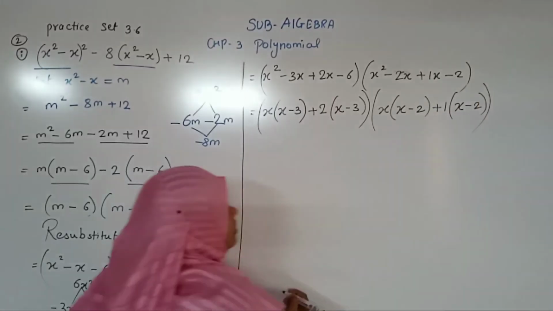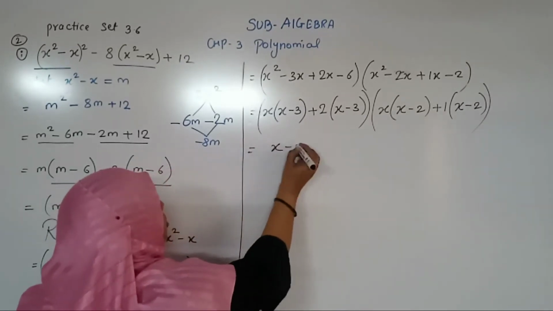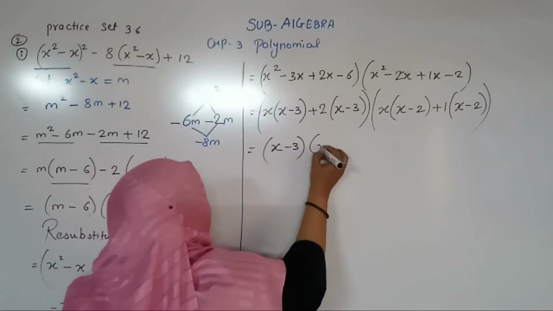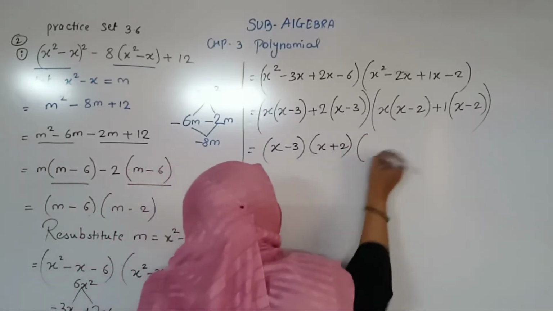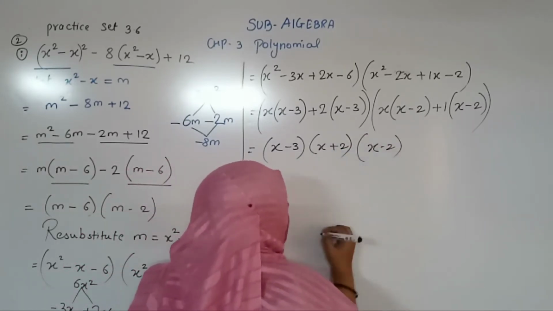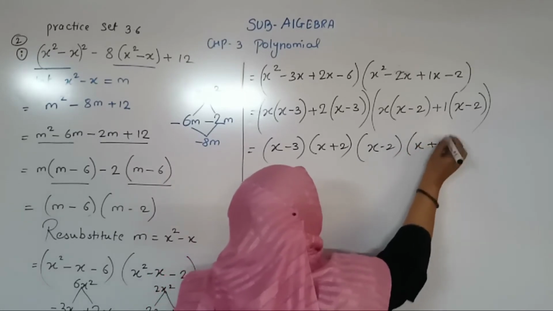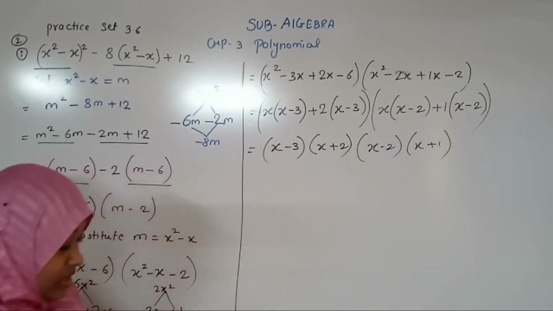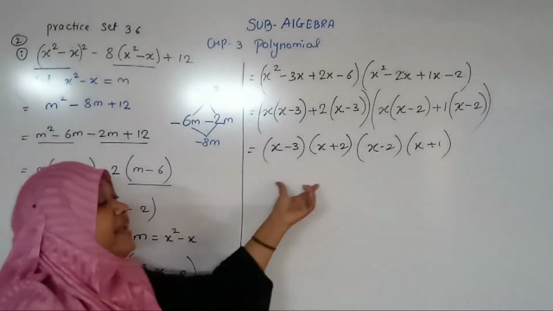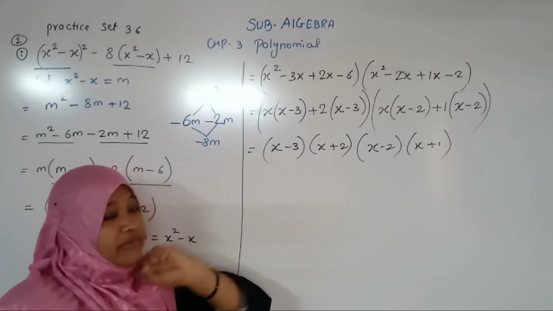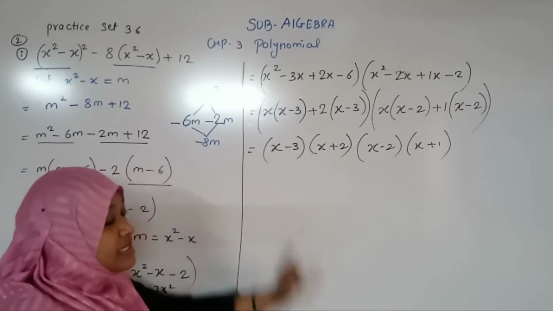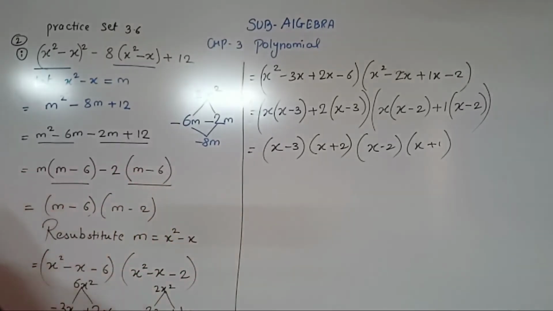So I got the same common bracket in both the terms. So I will take the common out and put the uncommon in one bracket. In the second term also, what is common I have taken out and what is uncommon I will take in one bracket. So that is called factorization. Understood? Come on, I will give 2 seconds to look at these sums and then I will go for the next question.